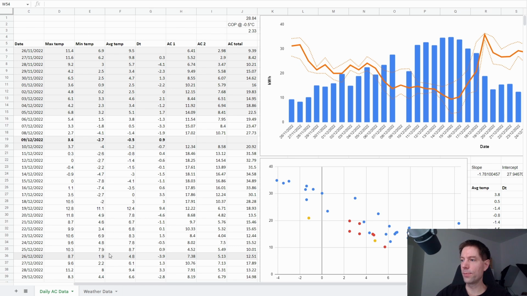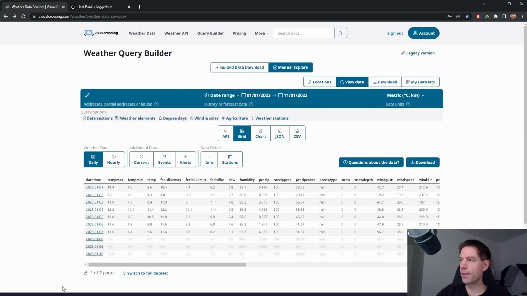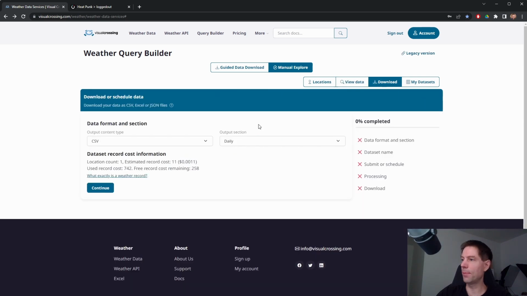And then in these other columns, I've got temperature data. Now, what I've actually done is I've found a website. So I'll just show you real quick. This website here called Visual Crossing Weather Data. I'll put a link to this in the description, but this was one of the best sources of historical weather data that I managed to find on the internet. And all you do is you put in your postcode, and then you set up a date range, and you can view the data and then download it using this tab here, and you just run this query and you